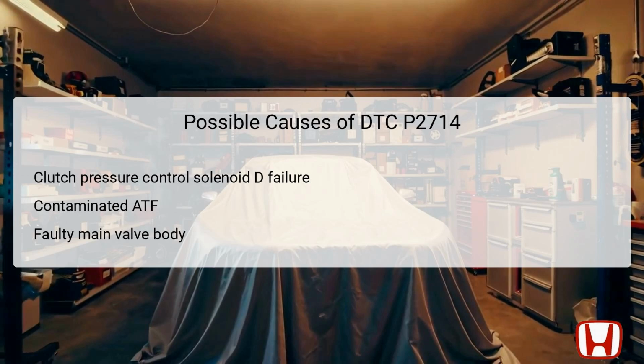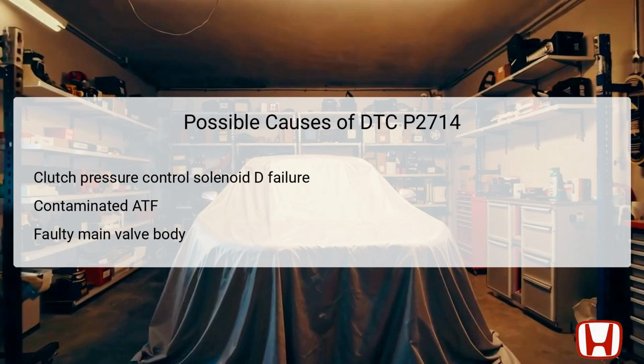Second, contaminated automatic transmission fluid, ATF, may lead to solenoid malfunction, as debris or metal shavings can block fluid pathways. Third, a faulty main valve body, which houses various hydraulic passages and valves, might also be the culprit. If the main valve body has internal damage or contamination, it can affect the operation of the solenoids. Understanding these causes is essential for effective troubleshooting, ensuring that technicians can focus their repairs on the right components of